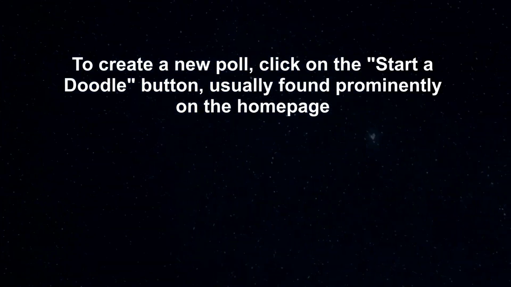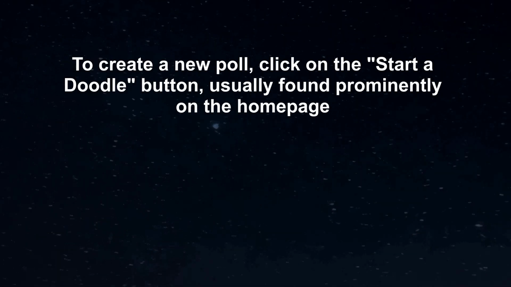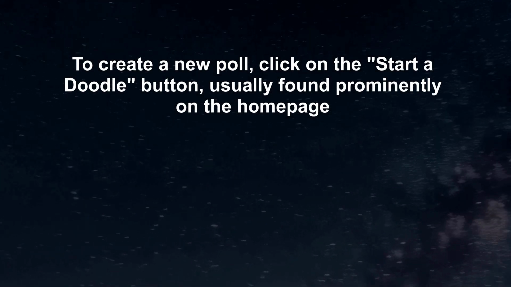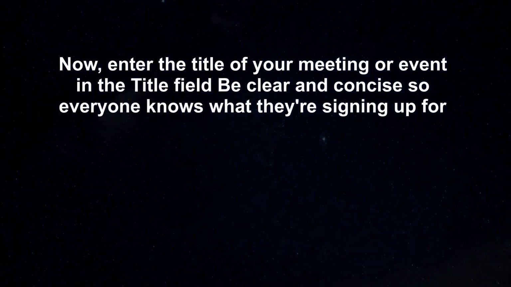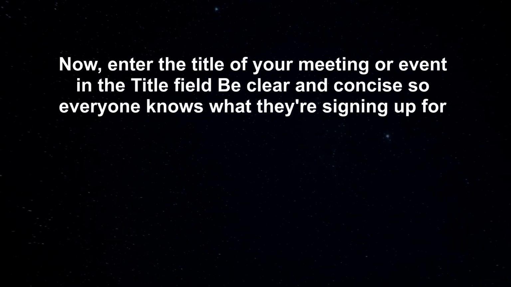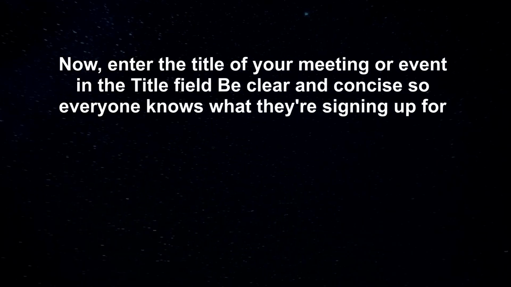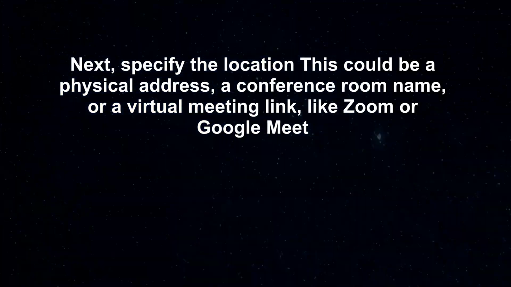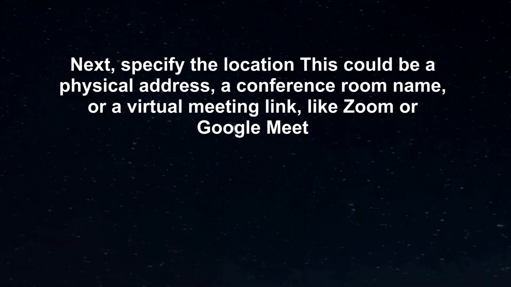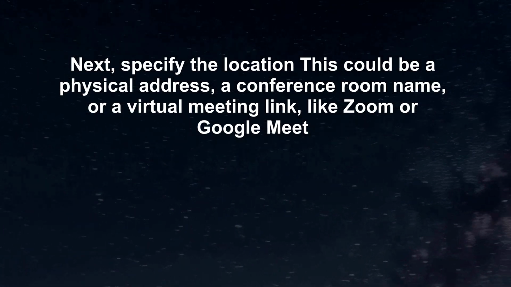To create a new poll, click on the Start a Doodle button, usually found prominently on the homepage. Now enter the title of your meeting or event in the title field. Be clear and concise so everyone knows what they're signing up for. Next, specify the location. This could be a physical address, a conference room name, or a virtual meeting link, like